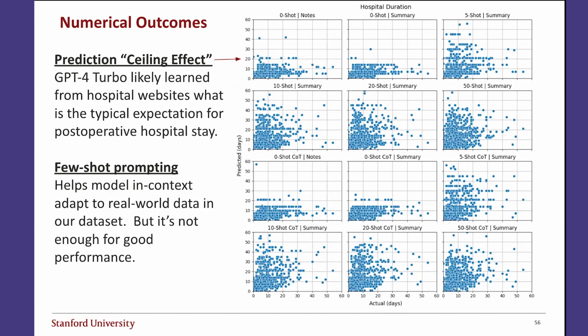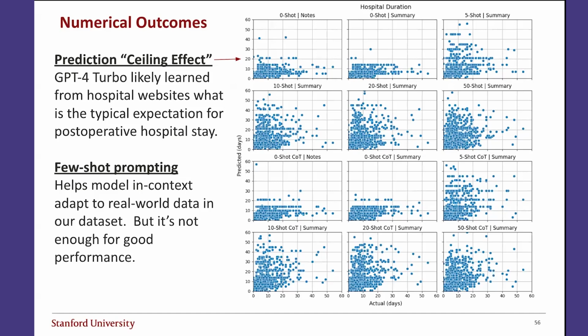And if you look at the zero-shot prompt strategy, you'll see that there's this kind of ceiling effect. The model almost never predicts that a patient is going to be in the hospital more than 14 or 20 days. And we think that's because models like GPT-4 Turbo, which trained on massive amounts of general domain website, publicly available data, they probably have learned from hospital websites that, oh, for this kind of surgery, typically you should expect that you're going to stay in the hospital for this many days. That's probably where it's getting some of its knowledge, and that's biasing the model to never predict more than a